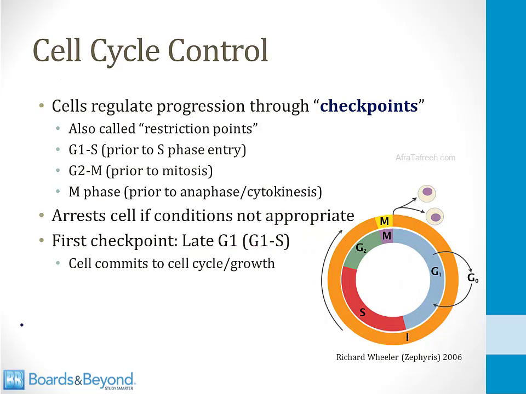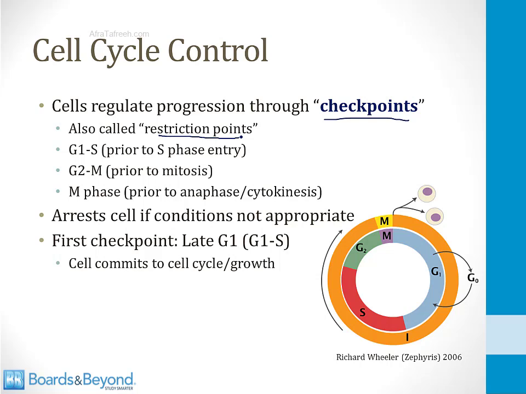Everything I've talked about up until now is pretty basic. You may have had it in a college biology course, but what you might be less familiar with, and what it's very important you understand for the USMLE Step 1 exam, is how cells control progression through the cell cycle. Cells in our body regulate progression through the cell cycle by regulating progression through checkpoints. These are important parts of the cell cycle, also called restriction points, that the cell does not move beyond unless